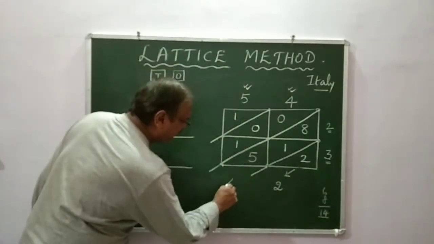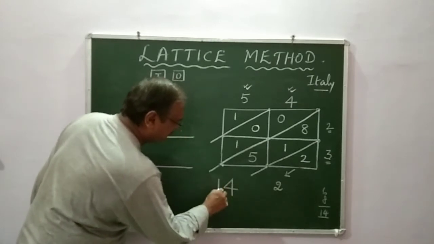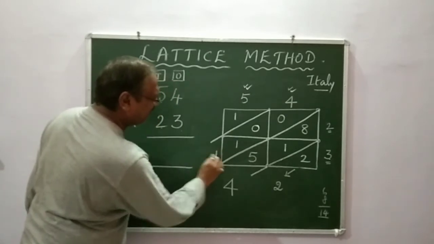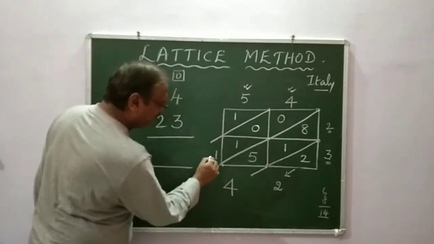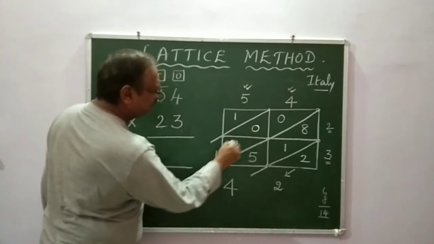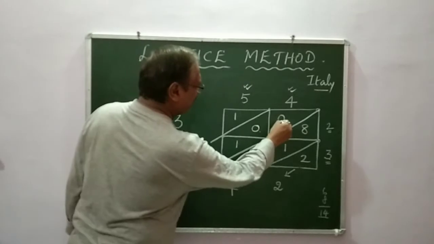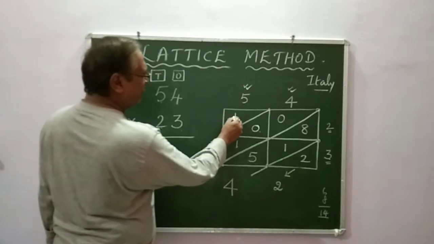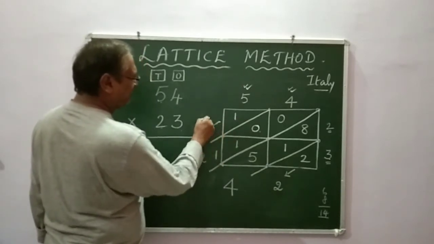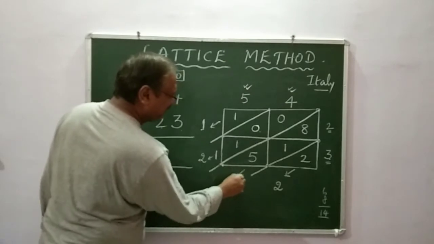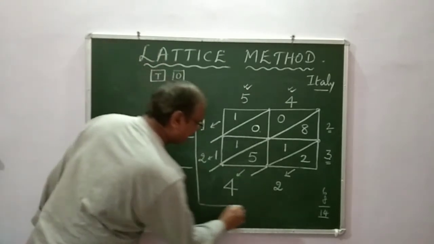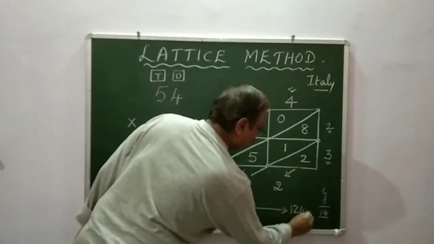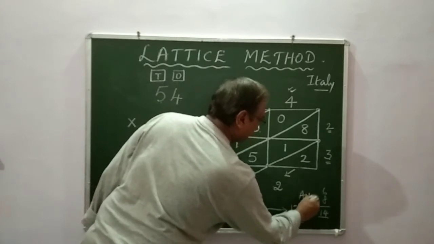So when you have 14, don't write 14 here. Write only 4. Carry this 1 here. I have taken 1 here. So I add 1 plus 1 plus 0 plus 0. 1 plus 1 is how much? That is 2. And what is this number? You got 1 here. You understand what I am doing? So the answer is 1 2 4 2.